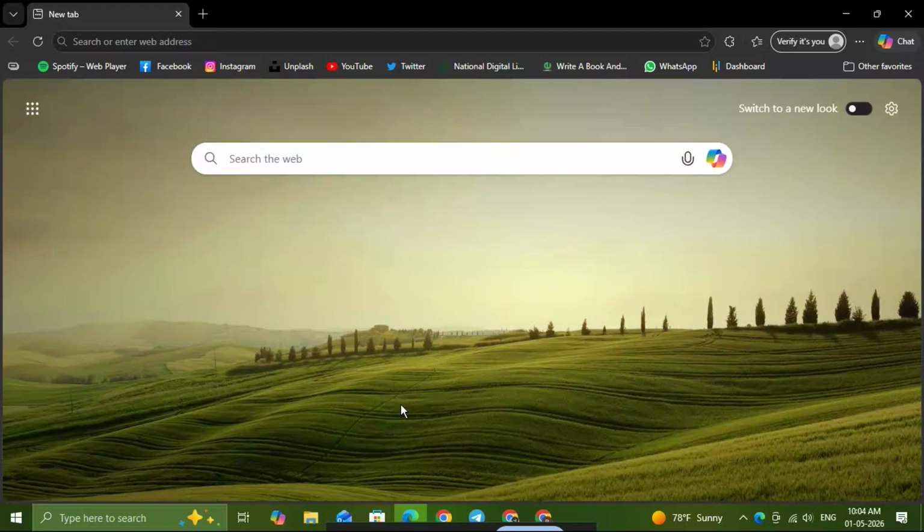In this video, I'm going to show you how to download Chrome on your PC in just a few simple steps. If you're using a different browser right now, don't worry, because this works from Edge, Safari, or any browser you already have installed. This is a quick and easy guide, and by the end, you'll have Google Chrome downloaded